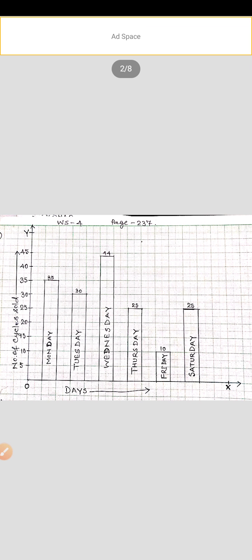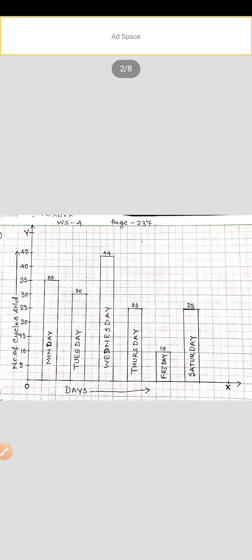So choose the proper scale, and on the y-axis, according to the question, we choose 1 centimeter equal to 5 units,